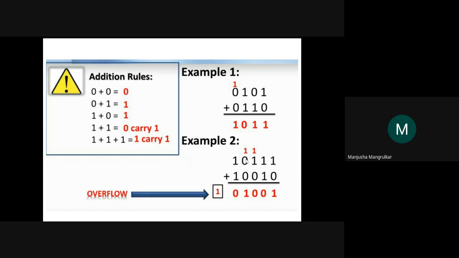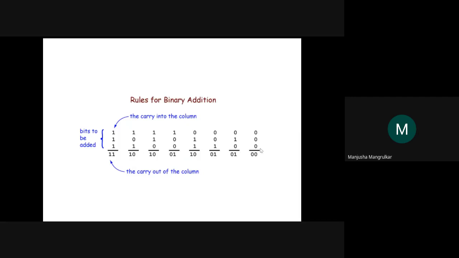1 plus 0 is 1. That 1 plus 0 is 1. So 1 will be as it is, and this 1 plus 1 is 10. So the 0 will be here, and 1 will be a carry. This is the overflow flag, called the carry flag. This bit will be copied into the carry. We are going to see in the microprocessor how the bit is copied into that carry flag, right? Now this is the addition. Same as we have seen, 3 ones, so the result is finally 11.